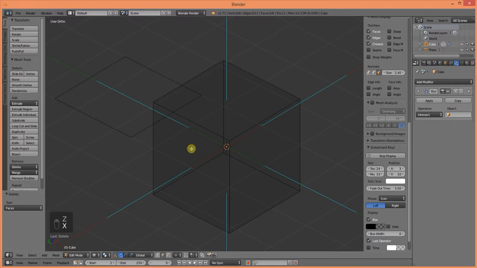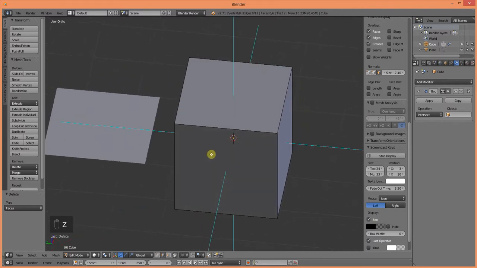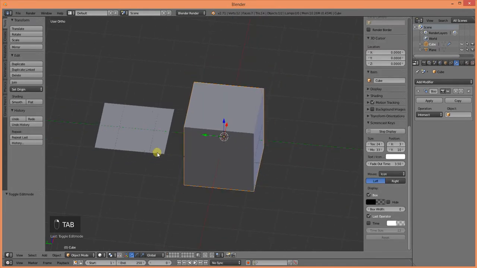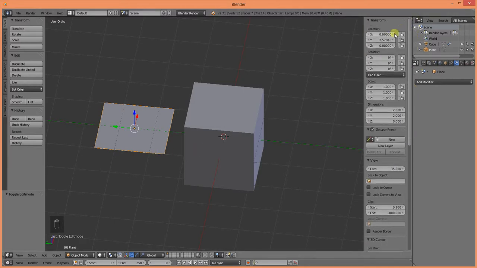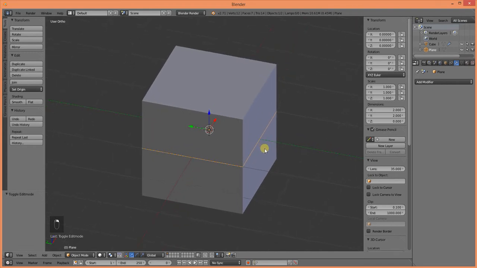Let's go ahead and delete those faces. Now that I've discussed normals, let's go ahead and move this back to its 0 position. Alright. In order for one object